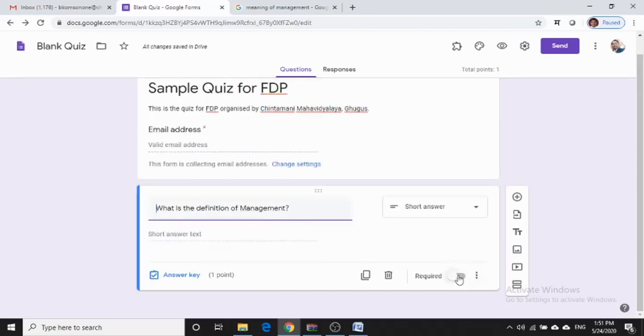We can make it compulsory by pressing this button, required. If we do not turn this on, the question will not be required and the student can move forward without answering this question. If we click this as mandatory or required, then the student will not be able to finalize their quiz without giving the answer. So that's why this is the button which makes the question required. Now